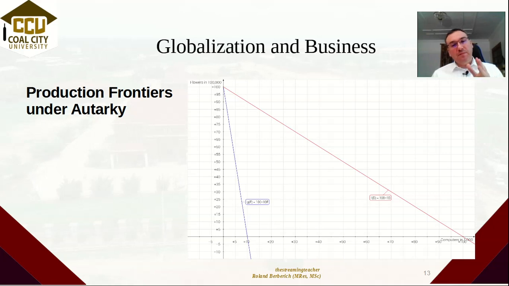And you can see the production curve of the foreign country is very steep, which means they have very high opportunity cost for building computers. The domestic production frontier is much flatter comparatively, so we have lower opportunity cost for producing computers. You can also see the flower production possibility is 10 million each, so we have the same capacity in one good and different capacity in another. Now this is coincidental, but the example works much better if we have that point.